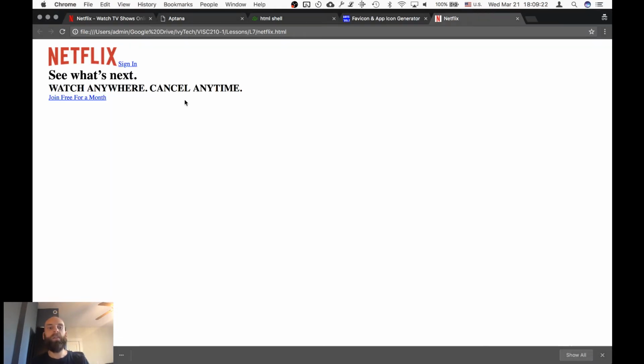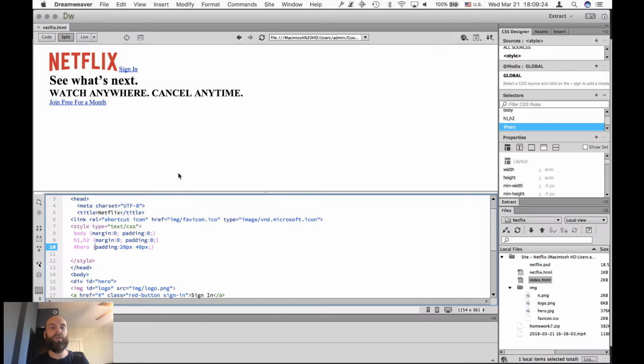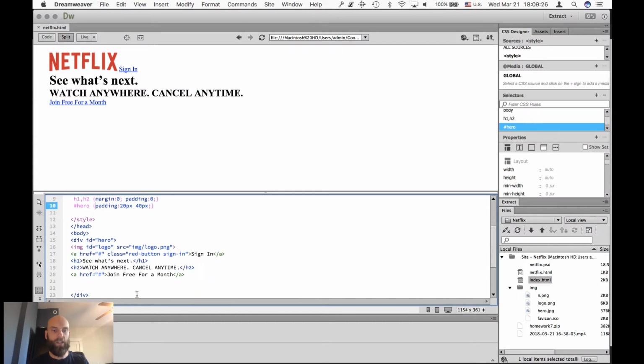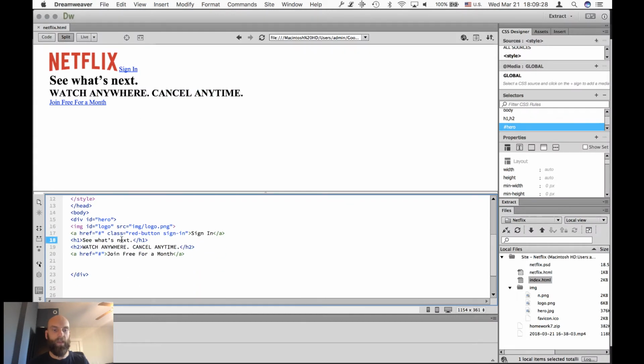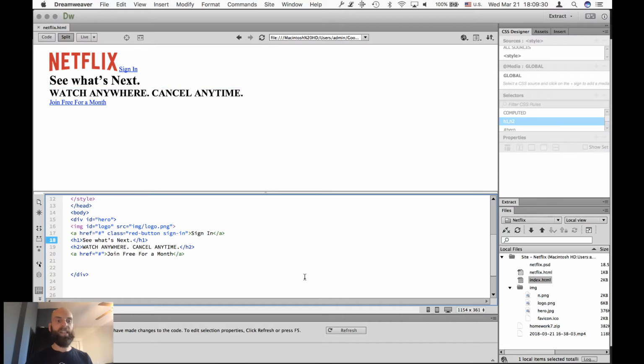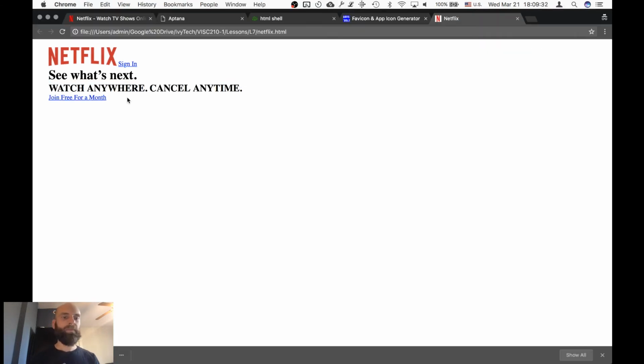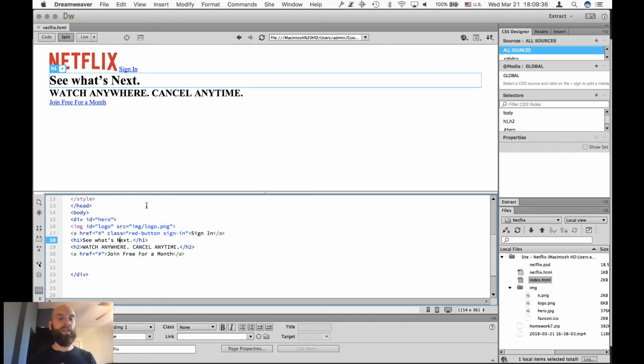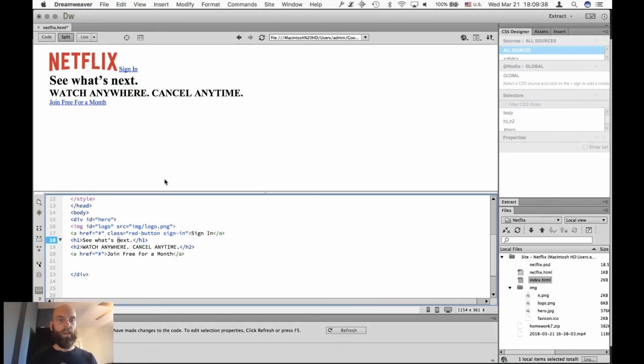All right, and then if you ever make any changes to the code, like if I change this to a capital N and save, you'll see nothing happens. I have to refresh it. Now it changes. So I'm going to undo that. All right, so next I want to have that background image